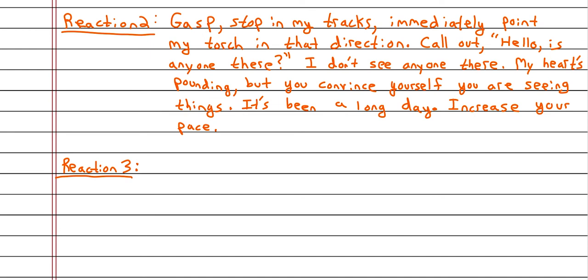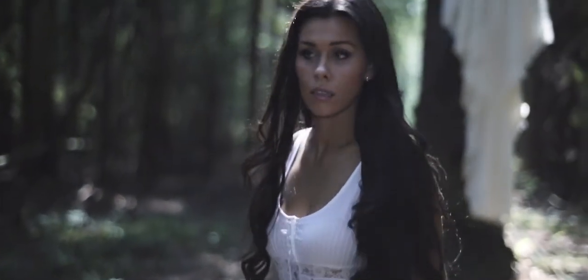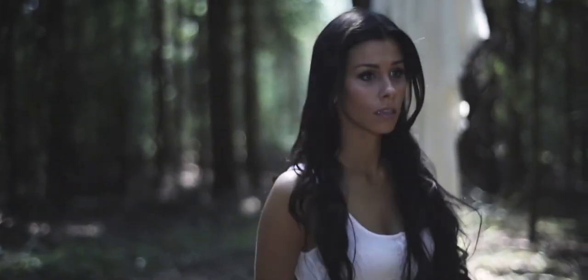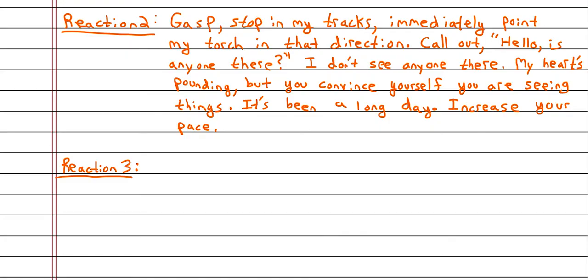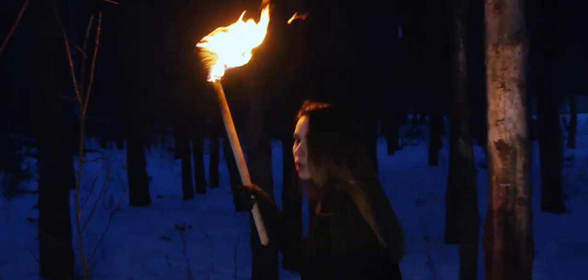So what do you do then? If a twig snapped behind me, I think most people would spin around to see what's there. You might come to a complete stop, or you will spin around and keep going backwards, but you would definitely slow down so you can observe. So let's write this down here. I would turn around. I don't know if I'd come to a complete stop. Maybe I would. So I'm going to turn around